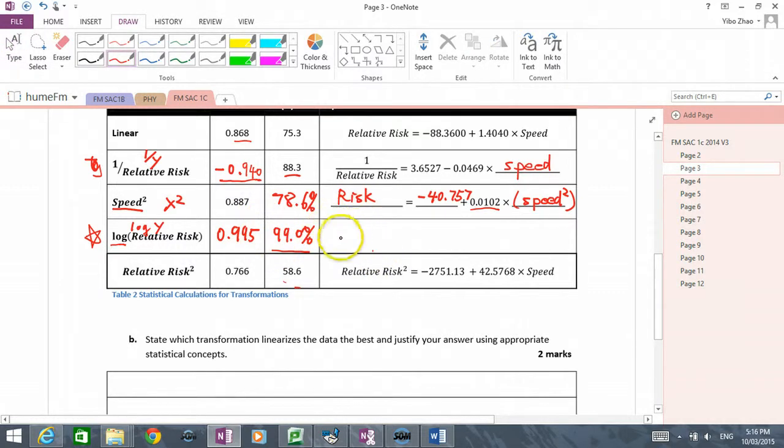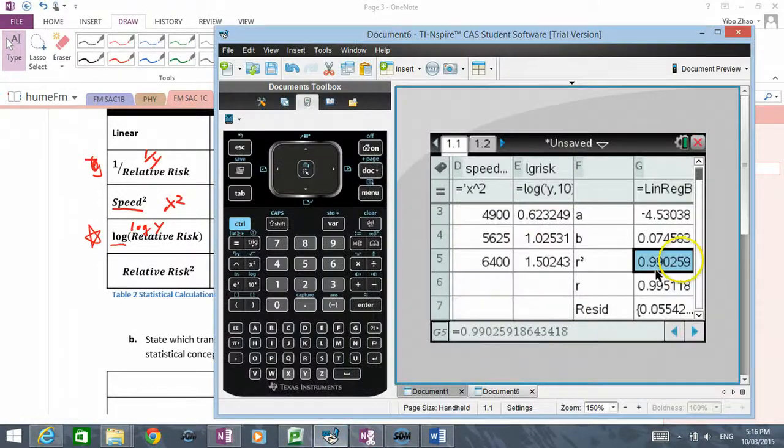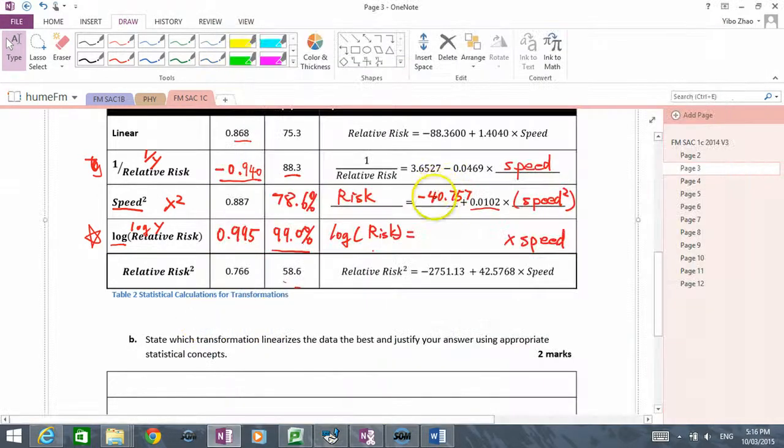Okay, so what we do is I write it down. Instead of writing down y equals, we change the y to log y. So I have to write down log risk equals my a plus bx. We didn't do anything to x, so x is going to be speed. So we just need to copy down the numbers from your calculator. A is minus 4.530, plus